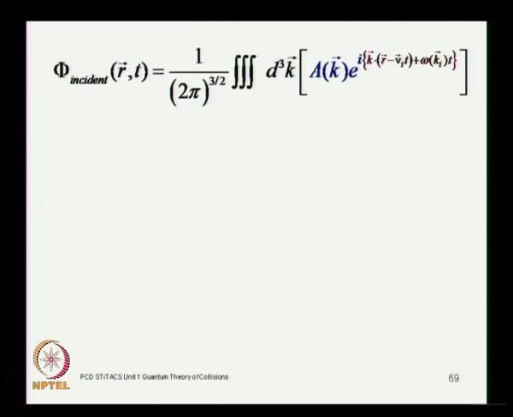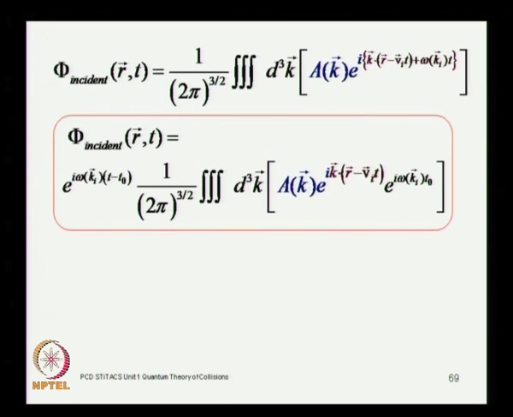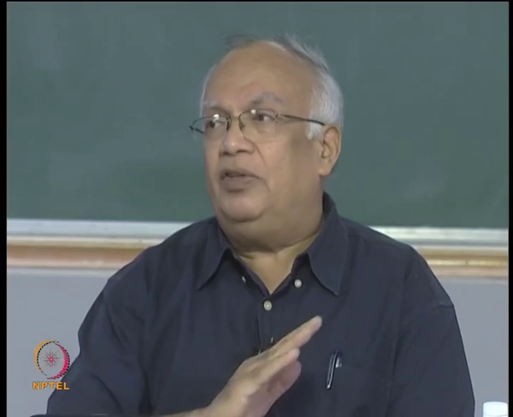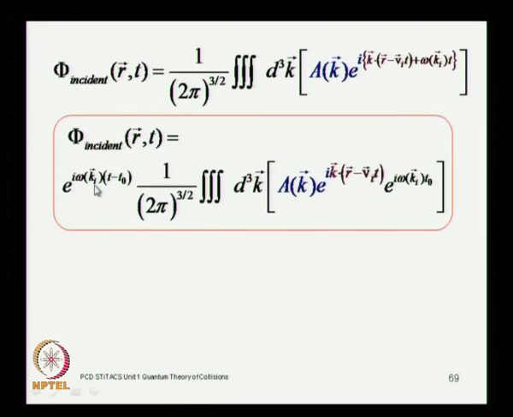Having done this, you factor out e to the i omega (t minus t0) from the integrand, because k_i is a particular unique incident vector, it is not changing. So, it is not a variable in the integrand, it is a constant under the integrand. So, you can take it out of the integration. Okay. So, this phase corresponding to the incident momentum vector is pulled out,